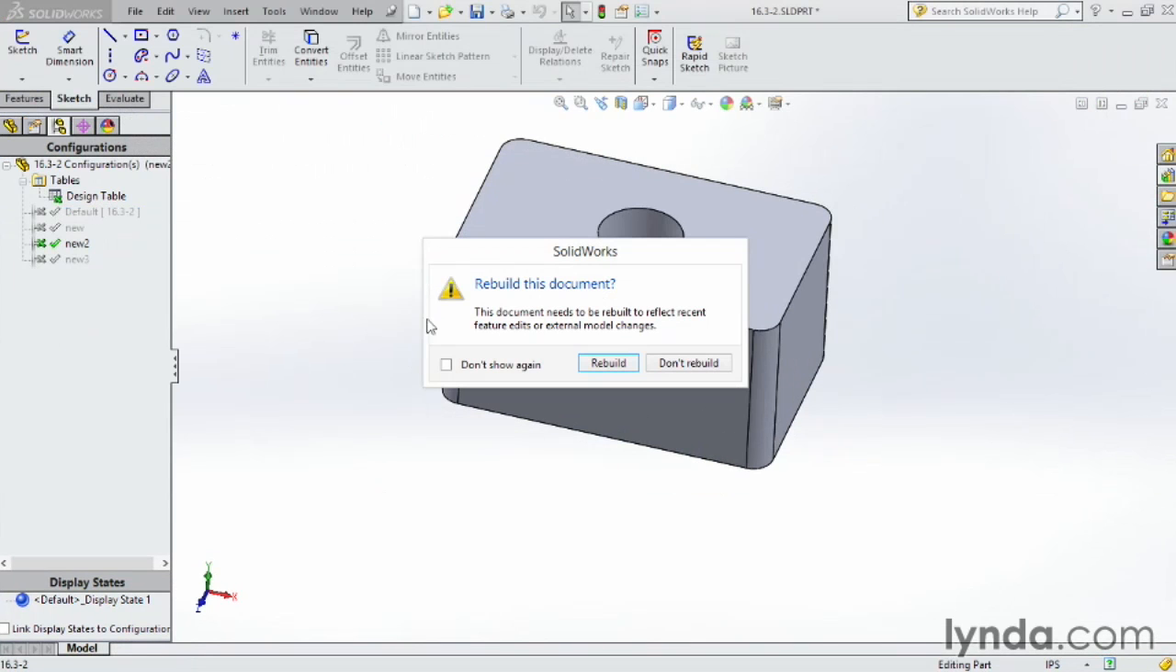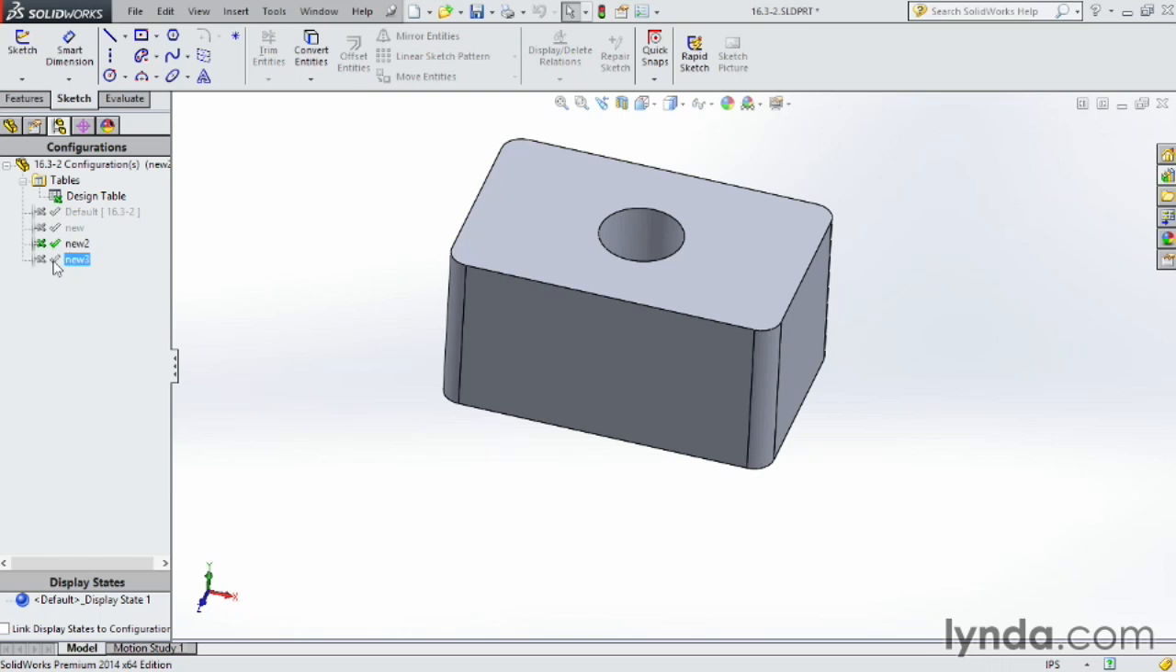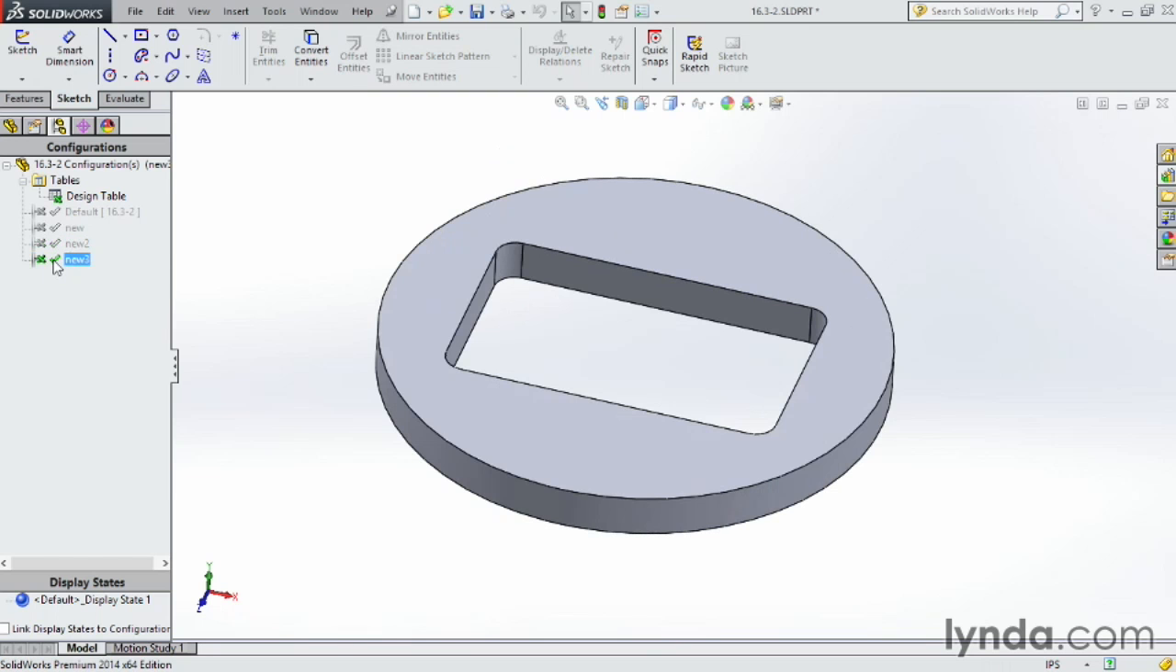So come back to the default configuration. And let's not show that again. Rebuild it. Go to the new configuration. Go to the new 2 configuration and go to the new 3 configuration. So I can quickly flip between all 3 of those. It's really powerful. I also wanted to point out before we close that in Design Table, if I right